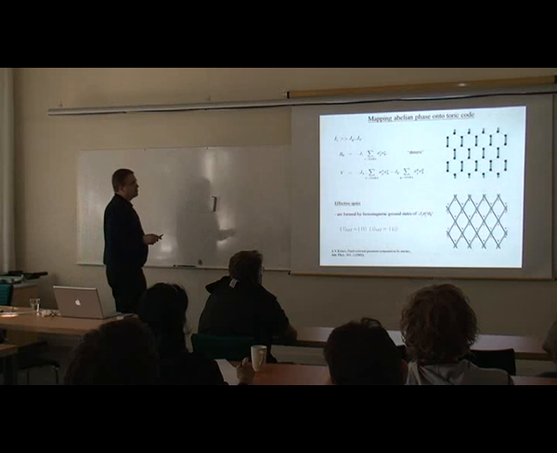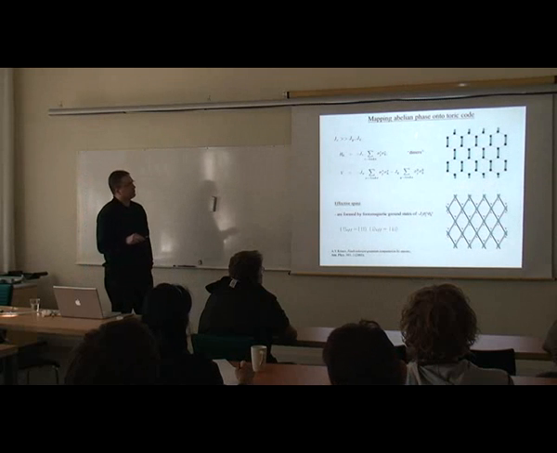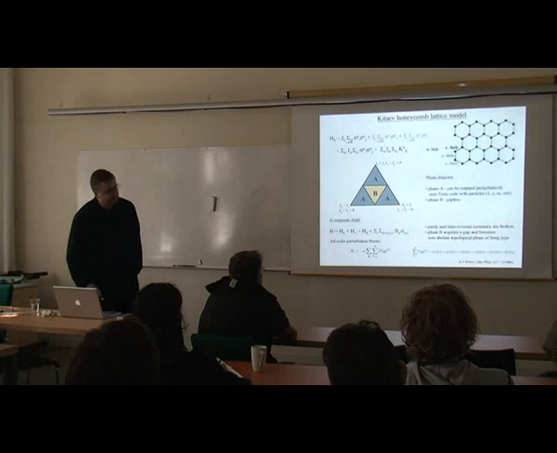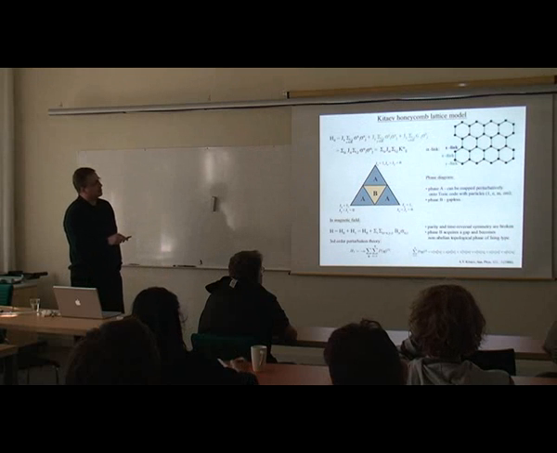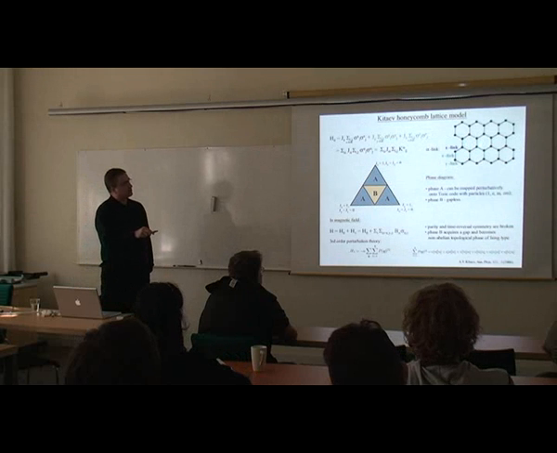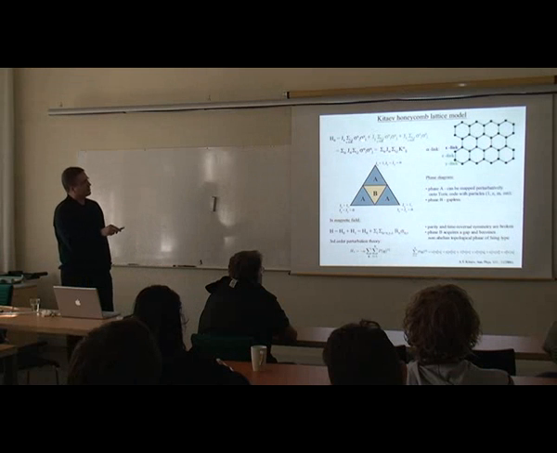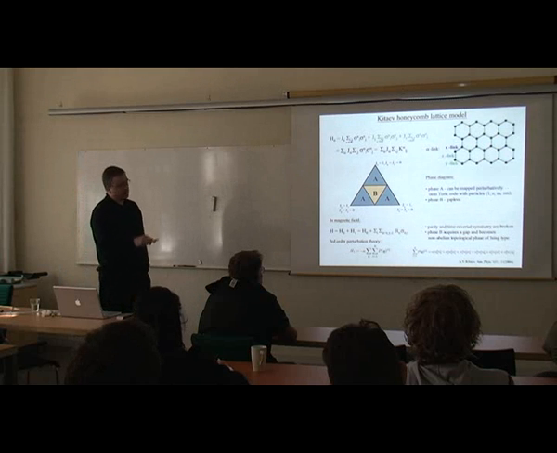So let's have a look at the abelian phase. How can the abelian phase be mapped onto the toric code? Let's assume that we have the coupling term Jz considerably stronger than J1 and Jx. This is a system with no magnetic field, so we simply make this term considerably larger. So we have strong interaction along these vertical lines, vertical edges, and we have very weak interaction, or initially no interaction, along the X and Y rings.